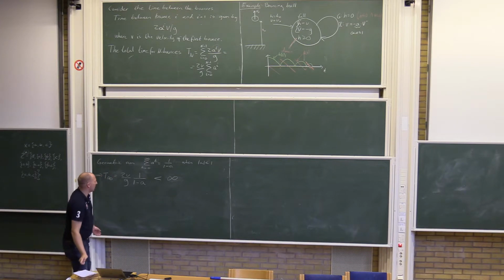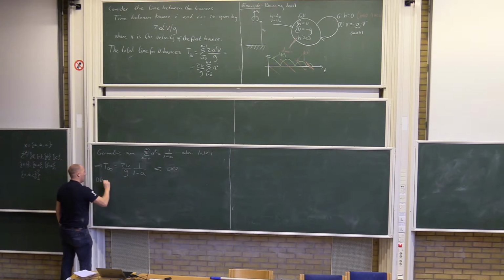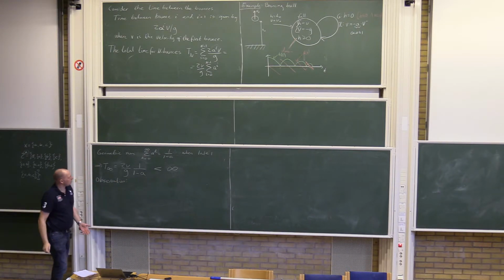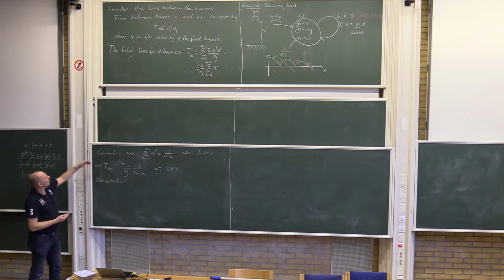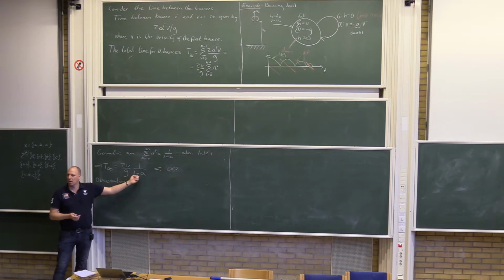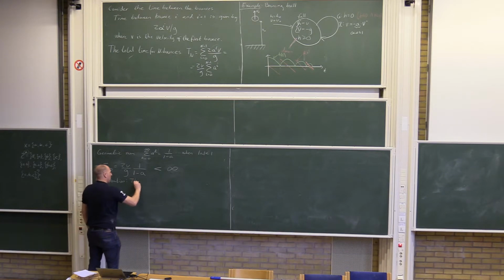Okay, so what does this mean? We considered an infinite number of bounces, and we just observed that we will have an infinite number of bounces in finite time. So the ball